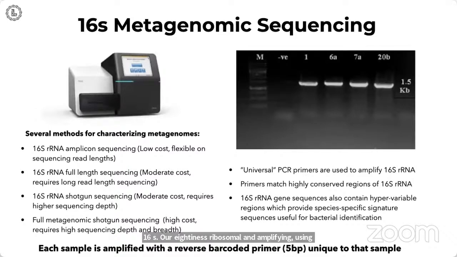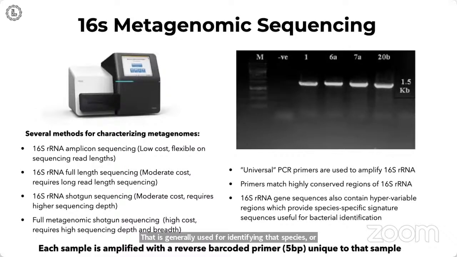The 16S rRNA gene contains hypervariable regions, which are termed so because they contain species-specific signature sequences that are generally used for identifying the species or taxonomic rank of any microbial